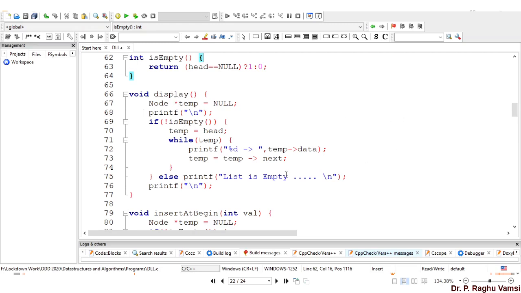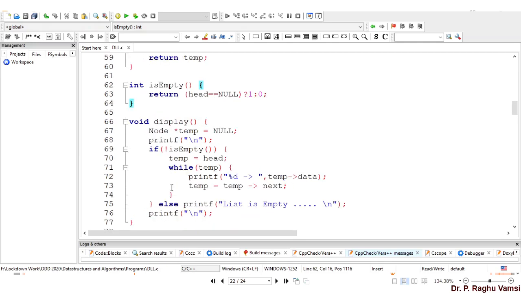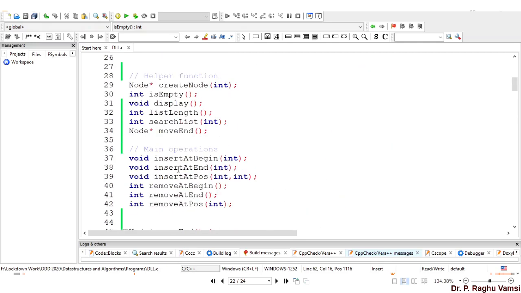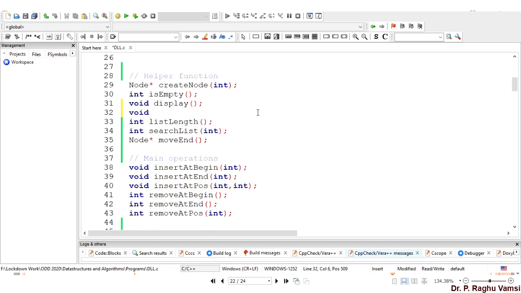Only thing is, if you want to get the values from end to begin, that means in the reverse, then we need to write another function. I can write it like this, after display: void print reverse. Print reverse means in the reverse.